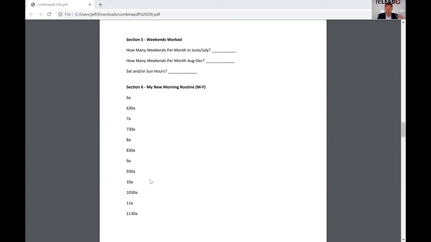Now, by the way, I'm not a huge proponent of working every weekend. I'm not a huge proponent of working every Saturday and Sunday, right? I'm suggesting you pick one of the two, Saturday or Sunday. And I'm also encouraging you, if you're writing in there how many weekends per month in June and July, the number's 3, I'm okay with you going back down to 1 or 2 in August through December. I believe if you put in an extra weekend or 2 in June and July, it's going to give you a better chance of getting caught up with your goals.